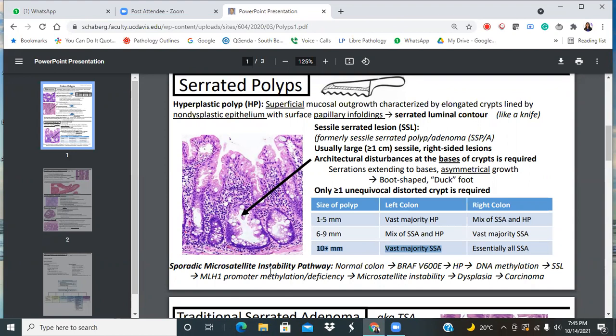So this might be a silly question, Dr. Al-Sadi, but what if you don't have muscularis? If it's a superficial biopsy, then how do you write it? Okay. So if you are at the right side colon, you will say superficial. Of course, before you rule out no muscularis, you have to go deeper because it might still be in your block. So you will say superficial fragments of serrated polyp